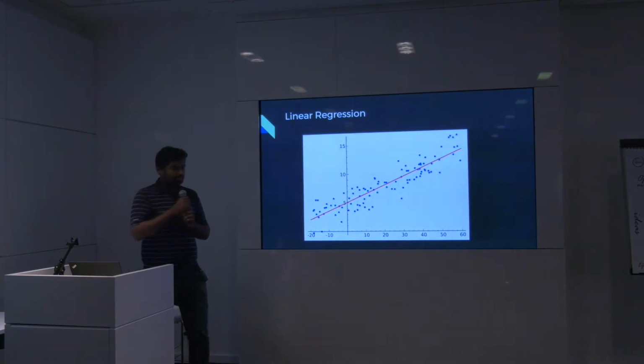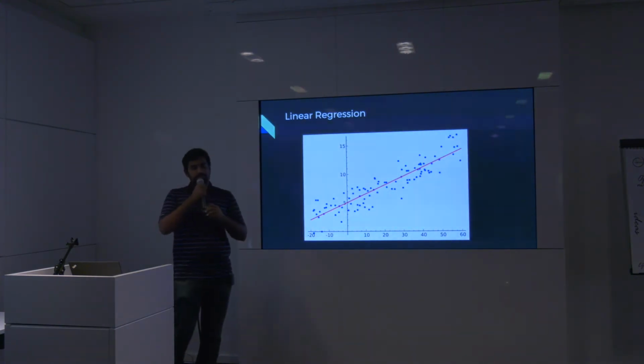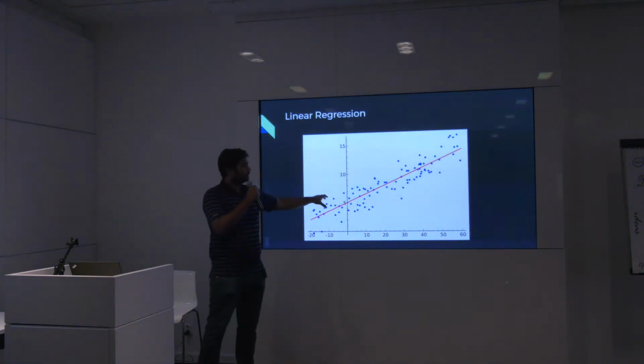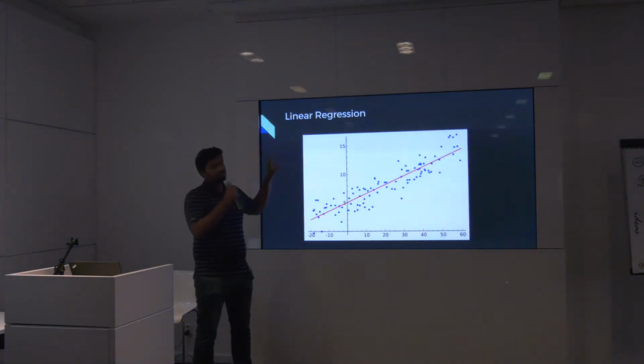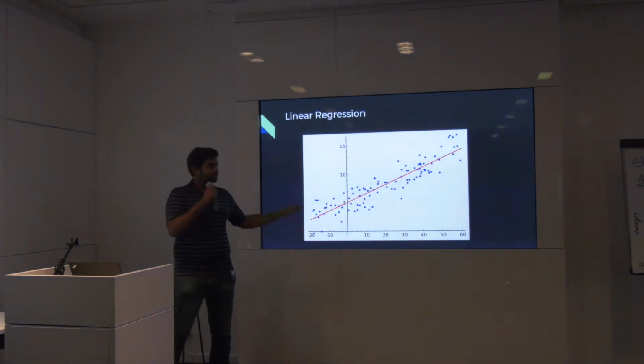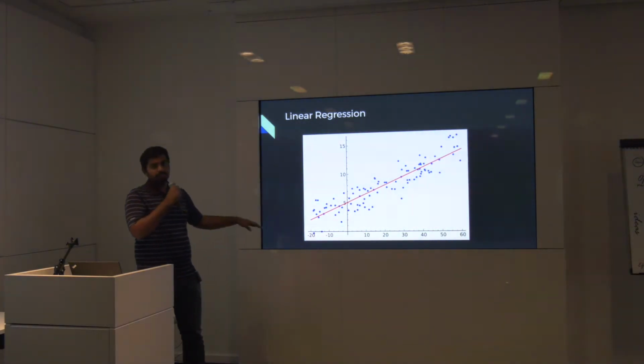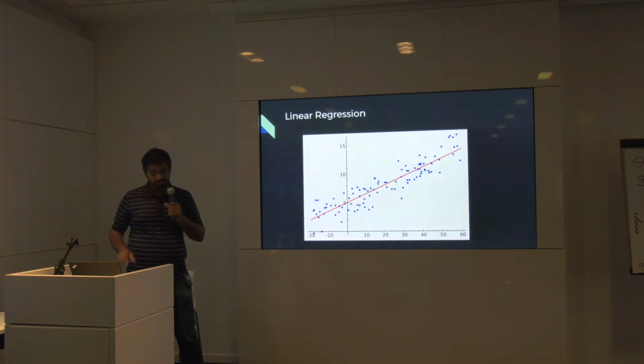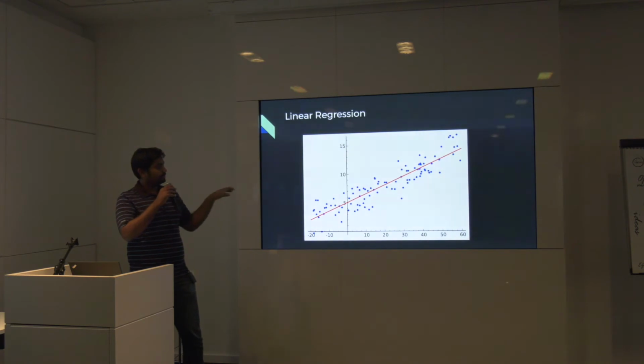And the model that's commonly used is called linear regression, where you want to fit a line to the data set. The linear comes from the fact that there's a line that you want to fit to your data set. In higher dimensions, it's something like a hyperplane. Okay, sorry, no, in this case there's no hyperplane. It's just a line that you want to fit to your data points.